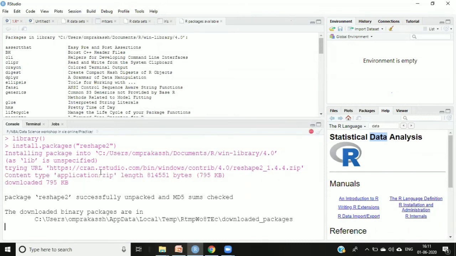See, it will download and everything, and then it will start automatically. It was successfully unpacked and MD5 sums checked, and it got installed over here.